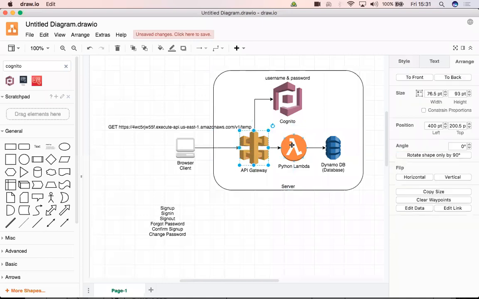I hope you understand the overall picture now. By having Cognito in place, we can protect our REST API, our gateway or our Lambdas from unauthorized users. So for anybody to use our Lambda or gateway or Dynamo or whatever it is, in one word, our APIs, first they need to register with us and get the credentials registered. From there onwards they need to log in, and only then should they be able to get these things done.